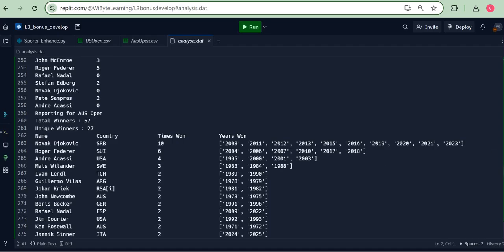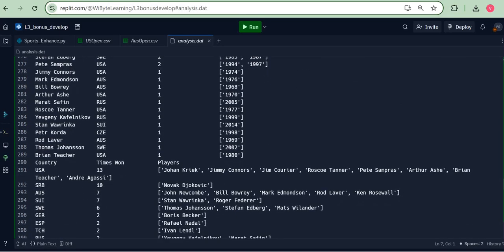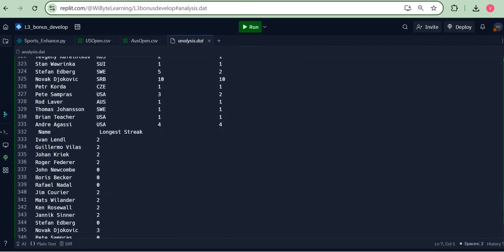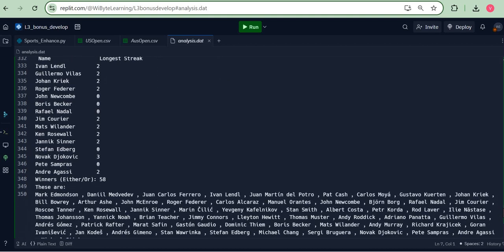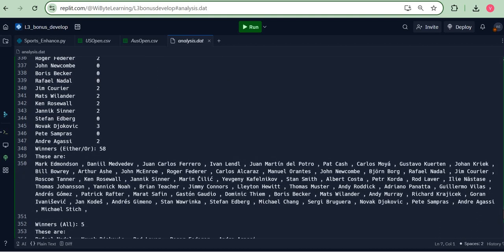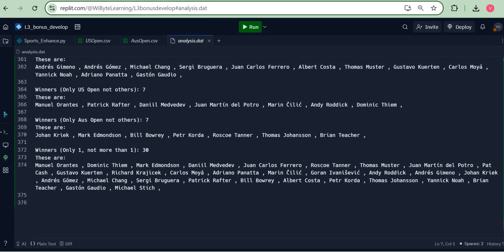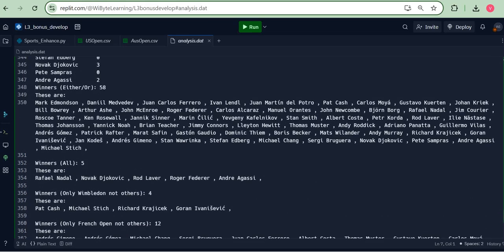Now, obviously, then we have the comparative analysis. So 13 winners have come from the USA. I have the comparative analysis as well, winning streaks here. The comparative analysis tells me, look, 58 people have won either or. 5 people have won all these tournaments. There are just 5 people who have won all 4 Grand Slams. They are as mentioned here. And then we have all those others. People have won Wimbledon, but not the others. People have won French Open, not the others, and so on. And then finally, a union of all this. So really pretty interesting insight, and all of this is possible because set operations give us these features,